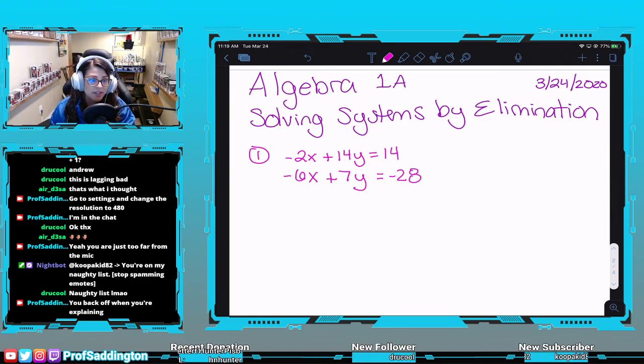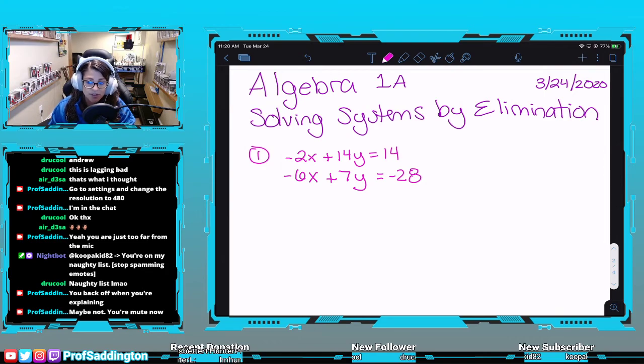So we need to pick one of these to eliminate, which means they need to cancel out and become a 0. Personally, I'm just going to eliminate the x because why not? So if I have a negative 2 and a negative 6, I need one of those to be